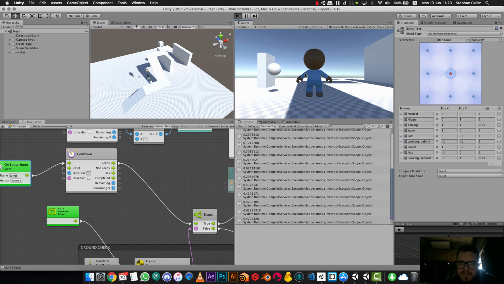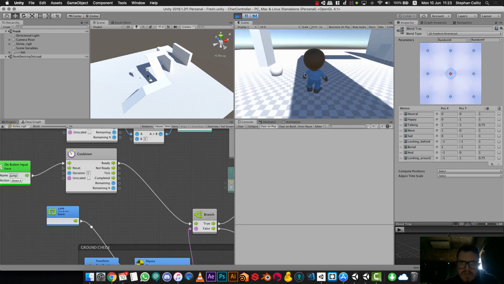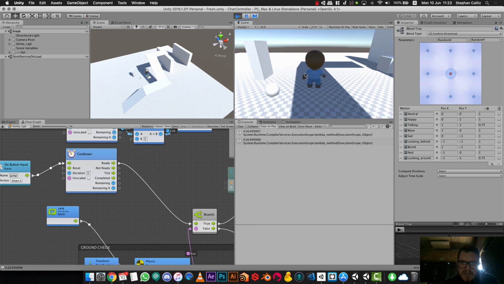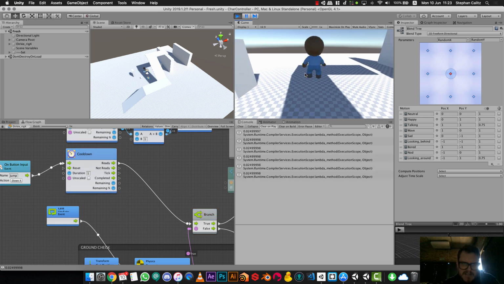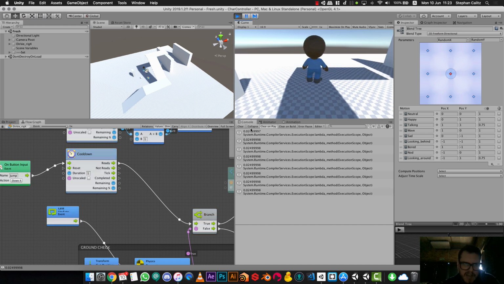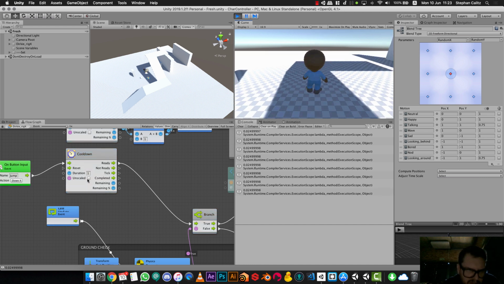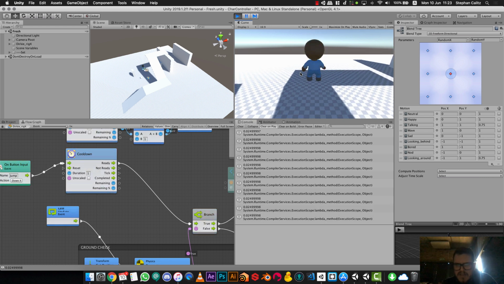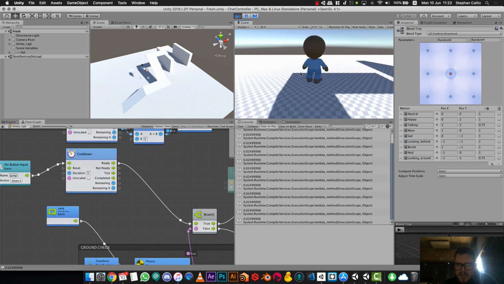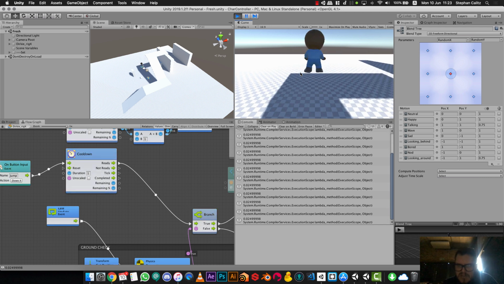So if I press jump now, you'll see that I can jump at first, but I can't just spam it. It waits and then it only fires the branch. Now I can set the duration to be much higher, and I can also tell it to be unscaled, meaning that it doesn't rely on frame rate, it's always consistent. But this is actually fine. And it does a pretty good job of just keeping out those additional